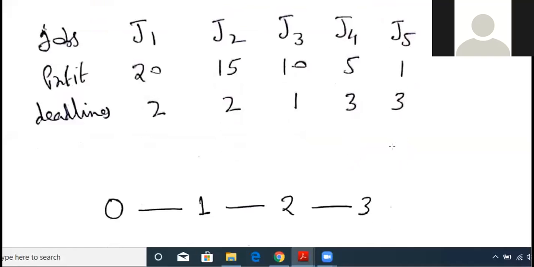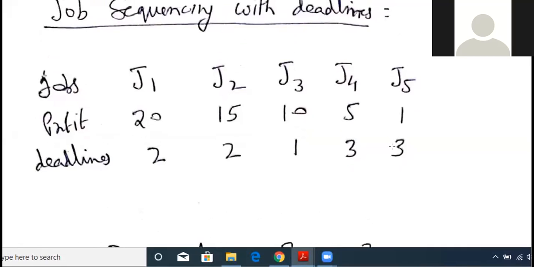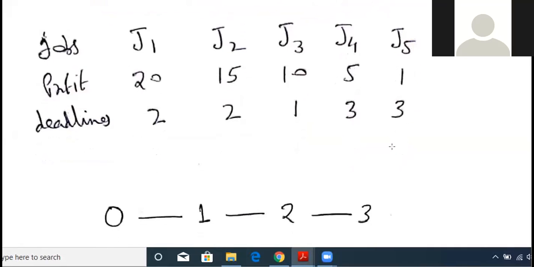So let us see how you will solve the problem. First, let's come to a general question. Suppose you have been given a list of jobs and you have been given the deadlines, then you have to assign a job into a restricted time frame. Since the deadlines are given, you have to finish the job in the restricted time frame. So first you have to draw the restricted deadline, either you call it a Gantt chart or any horizontal line. You just mark the deadlines.